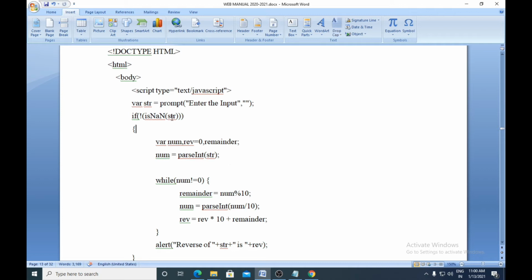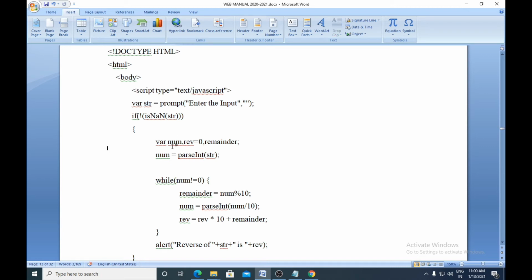Now what we have entered inside str is considered as a string, but to perform the reverse of a number, it has to be converted into a number. As the user entered the input, it was taken as a string and assigned to the variable str.